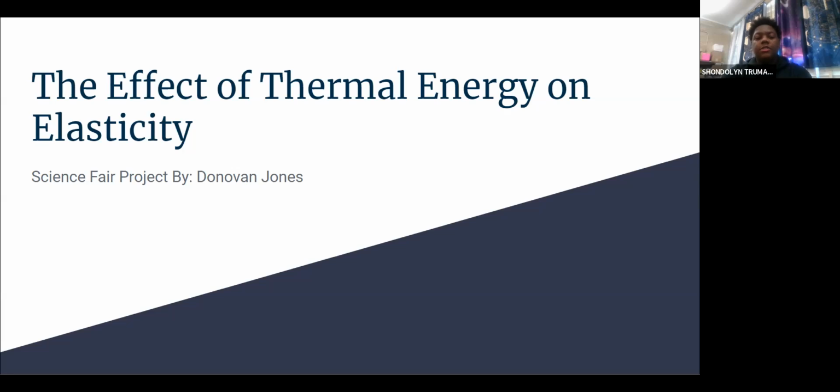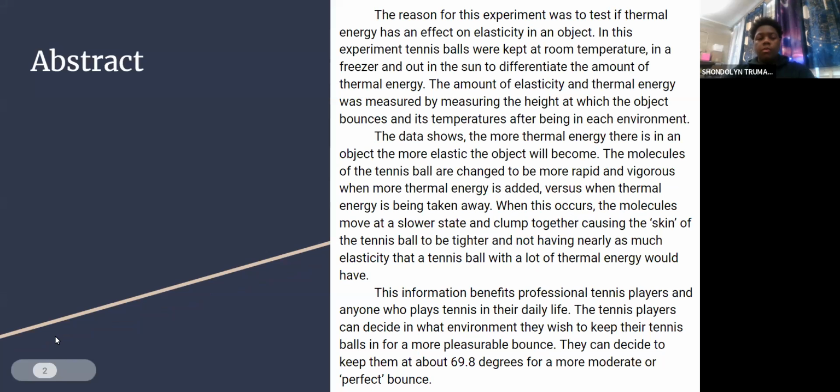Hi, my name is Donovan Jones, and my project is the effect of thermal energy on elasticity. My abstract: the reason for this experiment was to test if thermal energy has an effect on elasticity in an